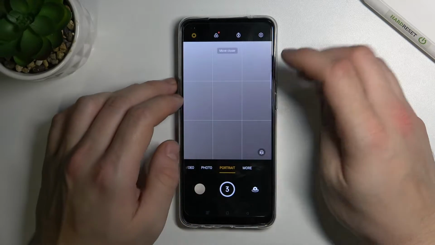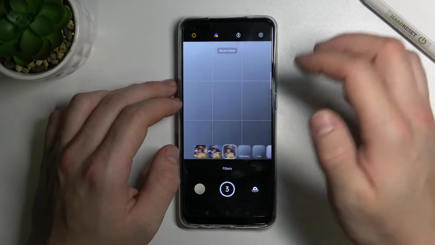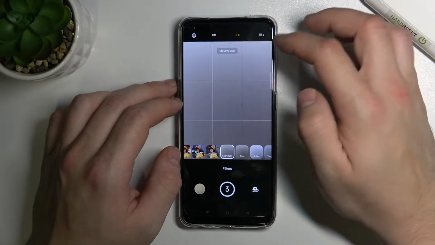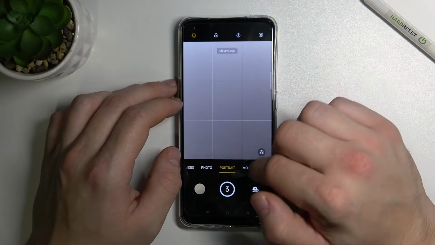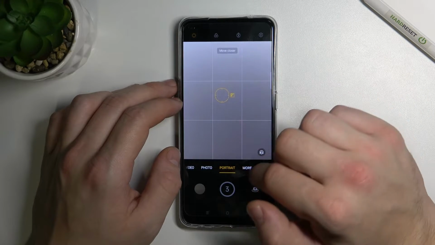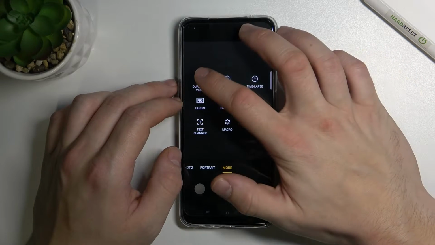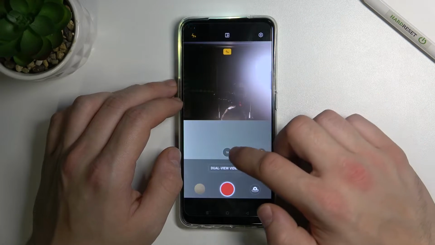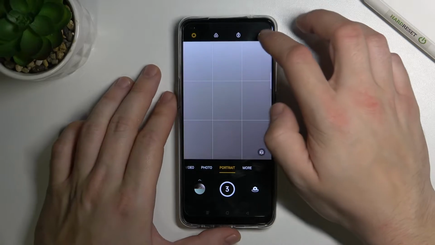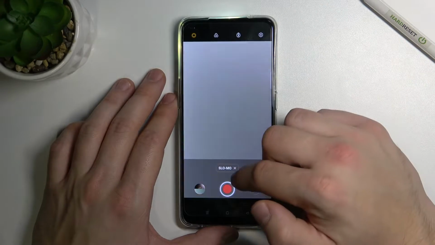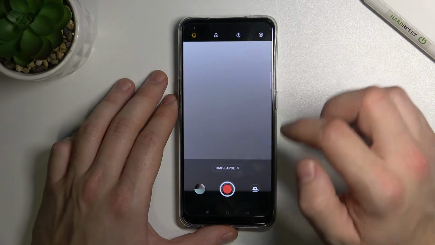In portrait mode we can only adjust bokeh, put filters and change screen duration. Let's go to more. In more settings we've got dual view video, slow motion, time lapse,